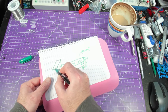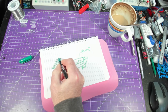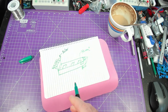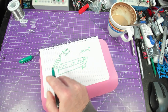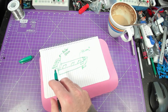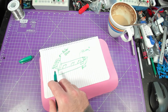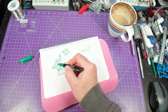Like so, and then probably a stringer like that. And this will be a solar panel. So I think with a 100 watt solar panel back there, it might be a bit heavy. I'm going to go buy aluminum tube and make things as light as possible. But I think with a solar panel back there, you can have your outboard here,